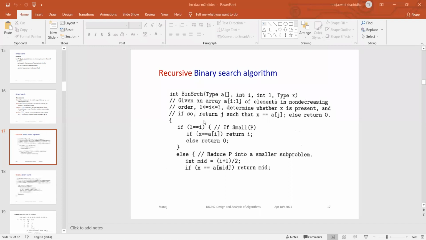The first element is I, the last element is L. If that is the case, how many elements will be there in the array?